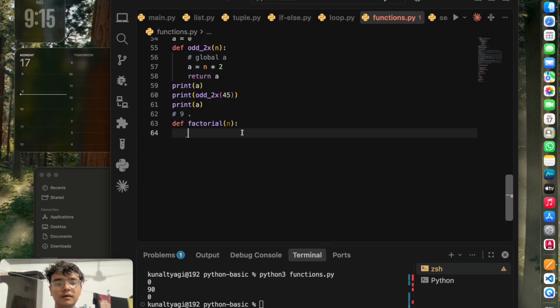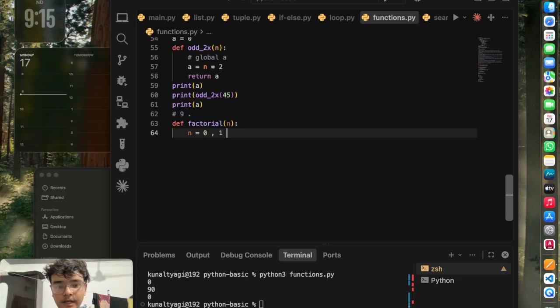So we have n. N can be anything from a negative number to any positive number, anything on the real number line. So n can be 0,